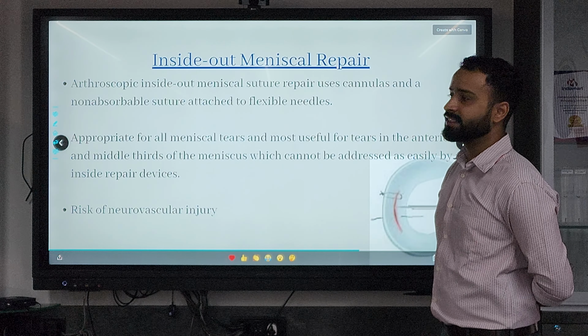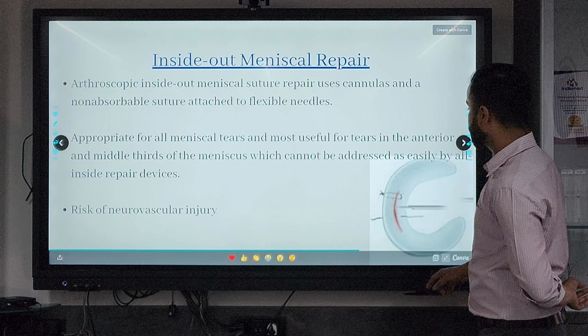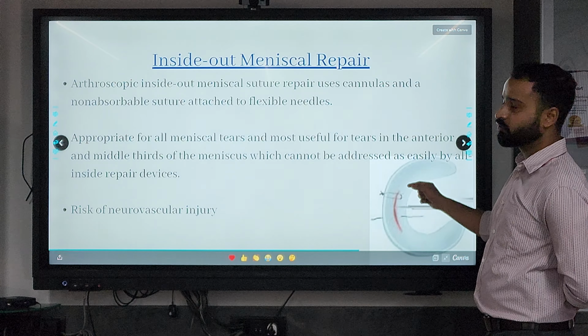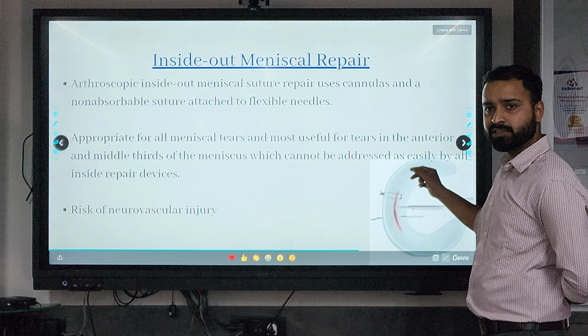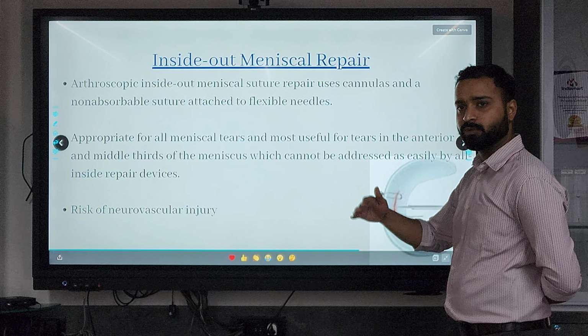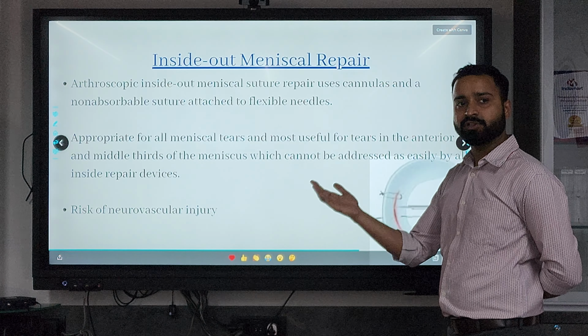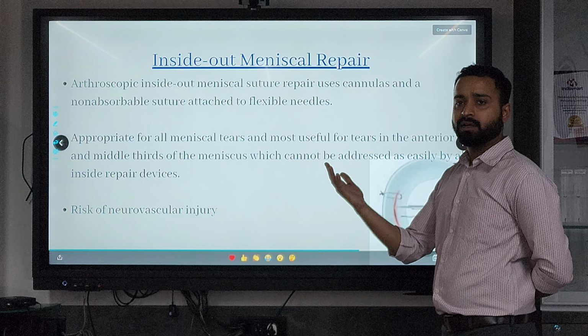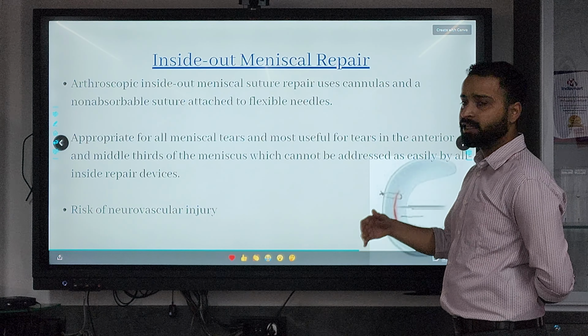The next is inside out meniscal repair, where we are passing the sutures inside through cannulas with flexible needles. We pass the sutures outside through the capsule, make an incision either on the posteromedial side or the posterolateral side, depending on which meniscus you are addressing, and then you tie the knot.